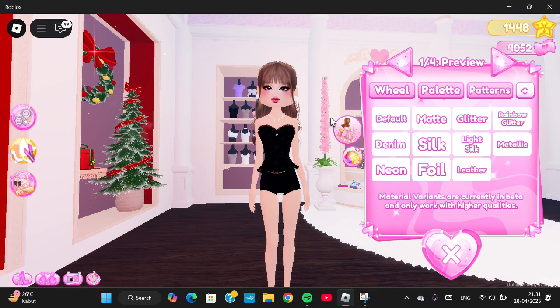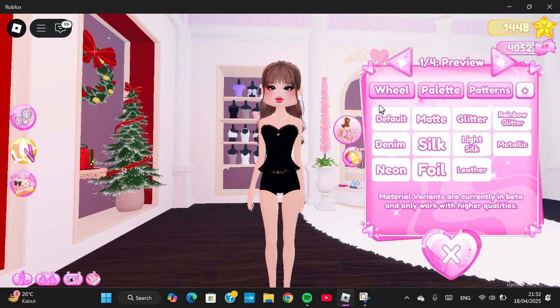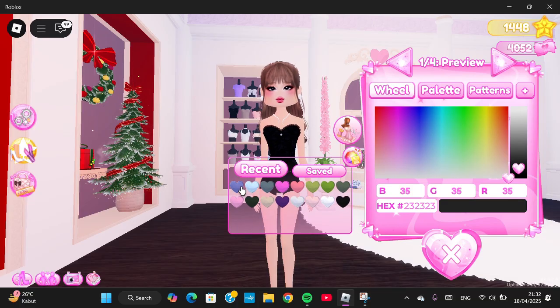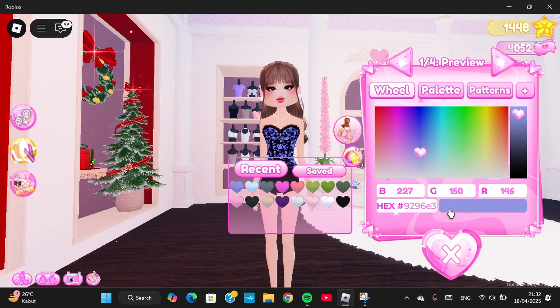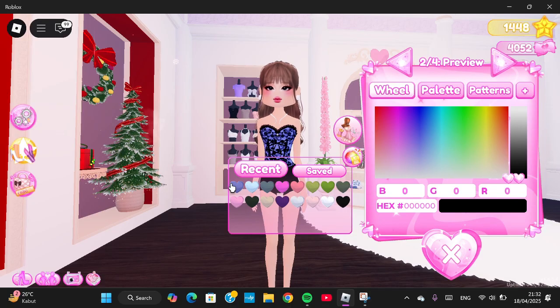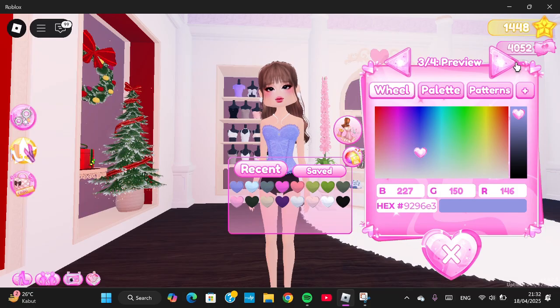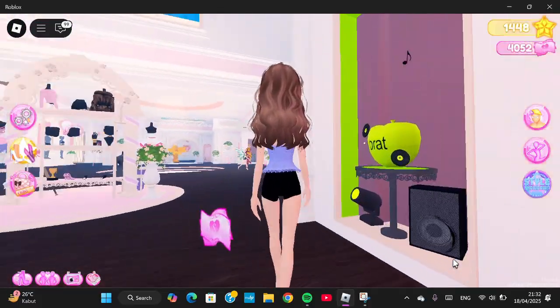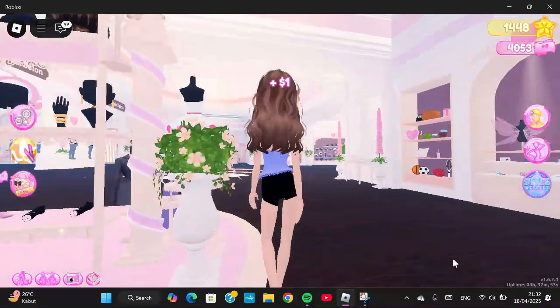Okay, and we're going to change the color to the petal dress color. So I'm going to go to the color wheel and I'm going to show you the color code we need to use to create the petal dress. Okay, you can use this color code, and I'm going to color them with this color code. Okay, like this, and then we're going to go to the dressing room